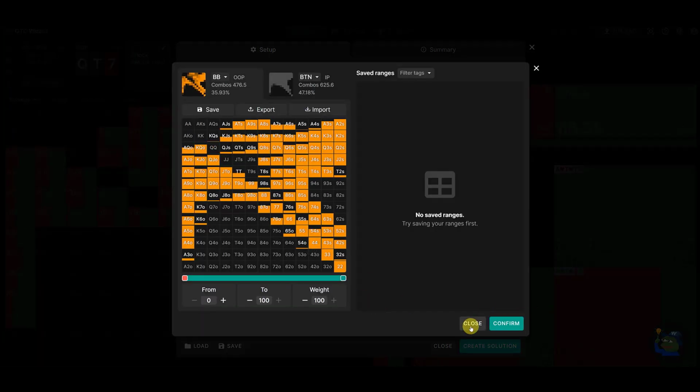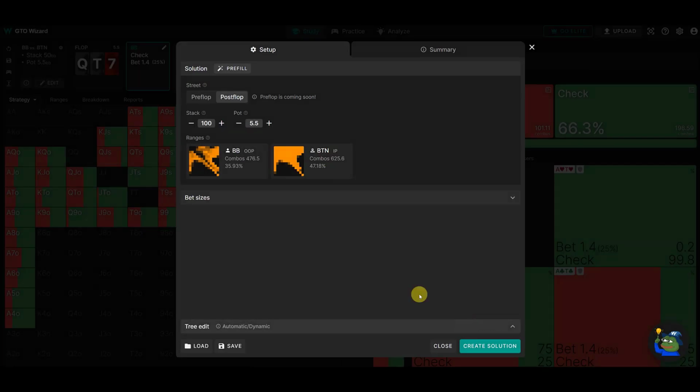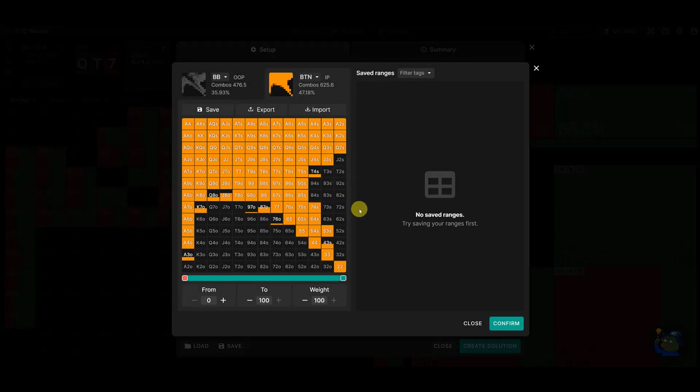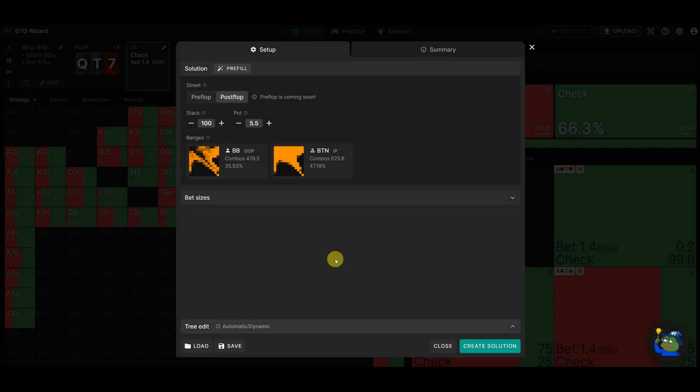And what it's showing you here is firstly your button opening range, and this is like your standard GTO range that it has thrown up there. Obviously aces, ace king, and so on and so forth. We'll close that for the moment, and then it shows you